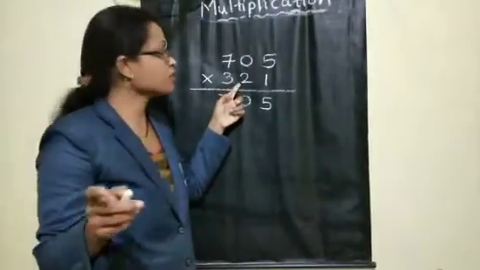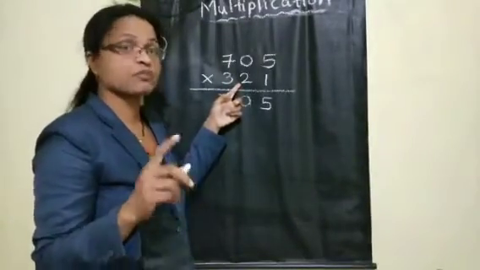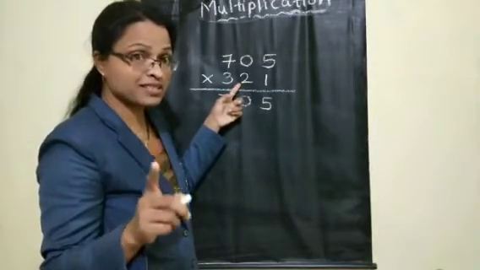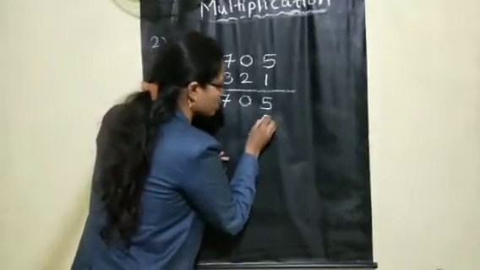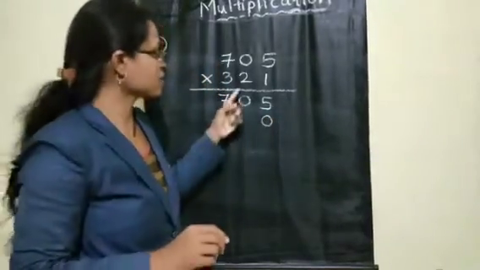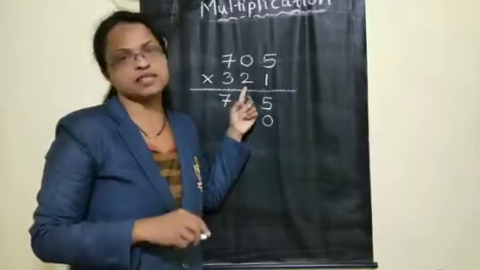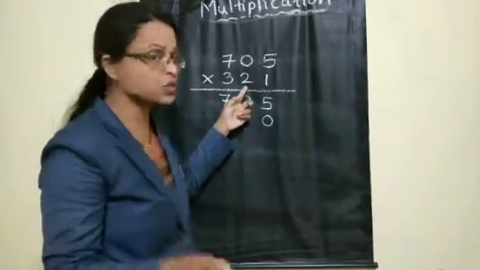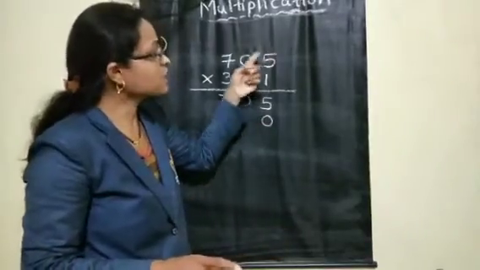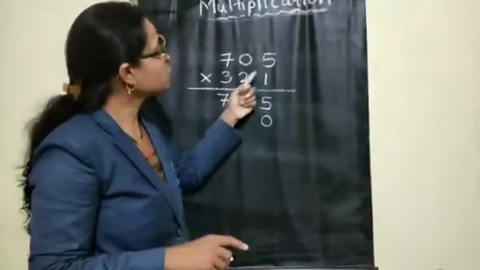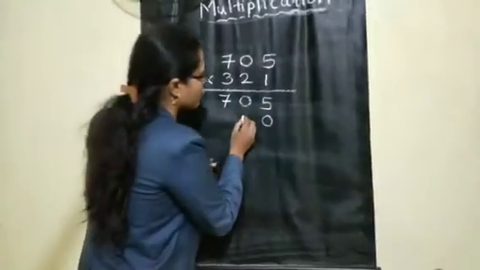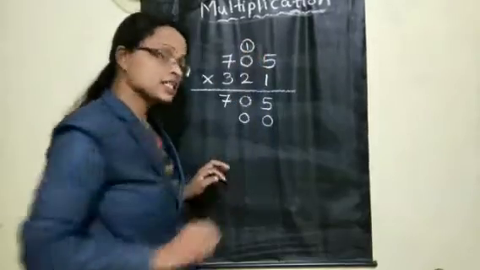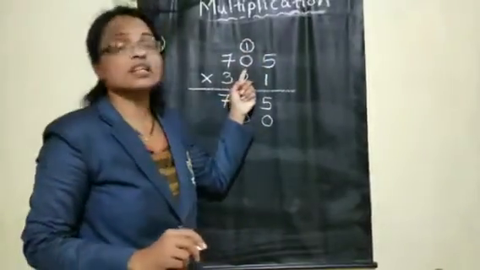Now we are moving to the second step in the tens place. Before that, what do we have to do in the second step? Tell me, compulsorily you have to add 0 in the ones place. Why? Because now we will multiply with the tens place number. Okay, which number is present here in the tens place? Downside number 2. Now with the 2, again you have to multiply with the same process. 2 5s are 10. Now from the 10, 0 you write down and 1 will carry forward to the tens place. Now let us move to the tens place.